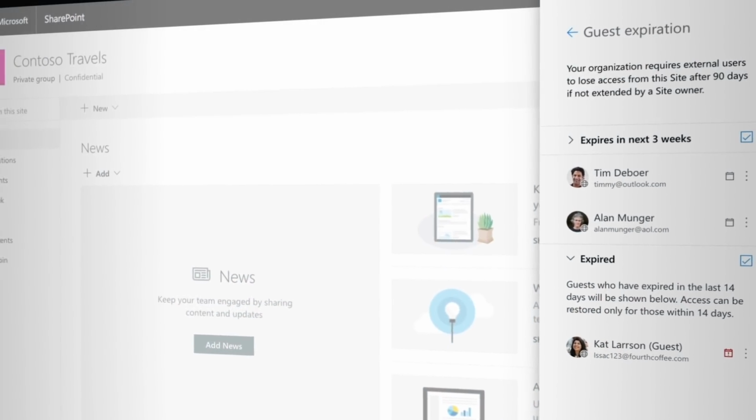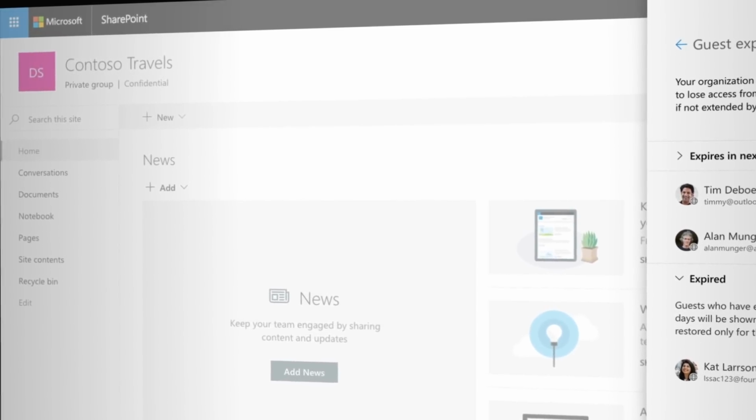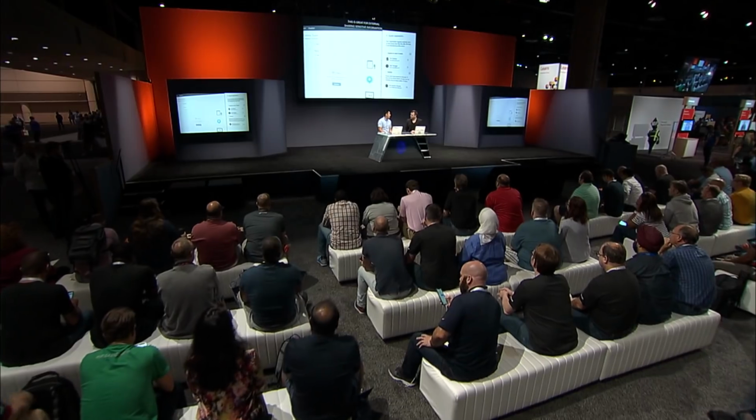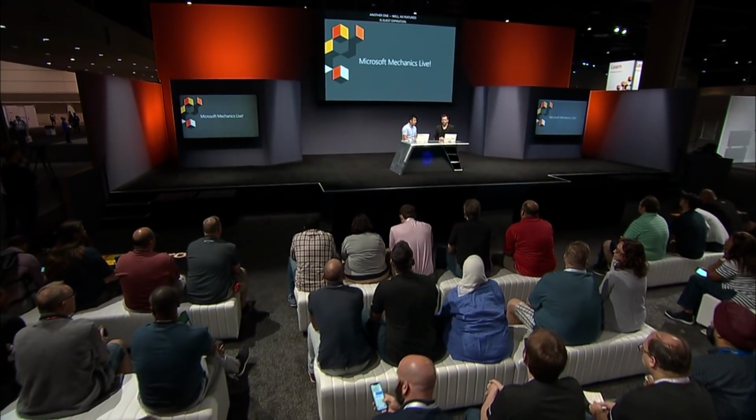Another one is guest expiration. So for a lot of external sharing scenarios, you want to expire that guest permission to that file, and we can do that coming up. Very cool. In addition to making it way easier to collaborate with more and more content that's going into OneDrive,